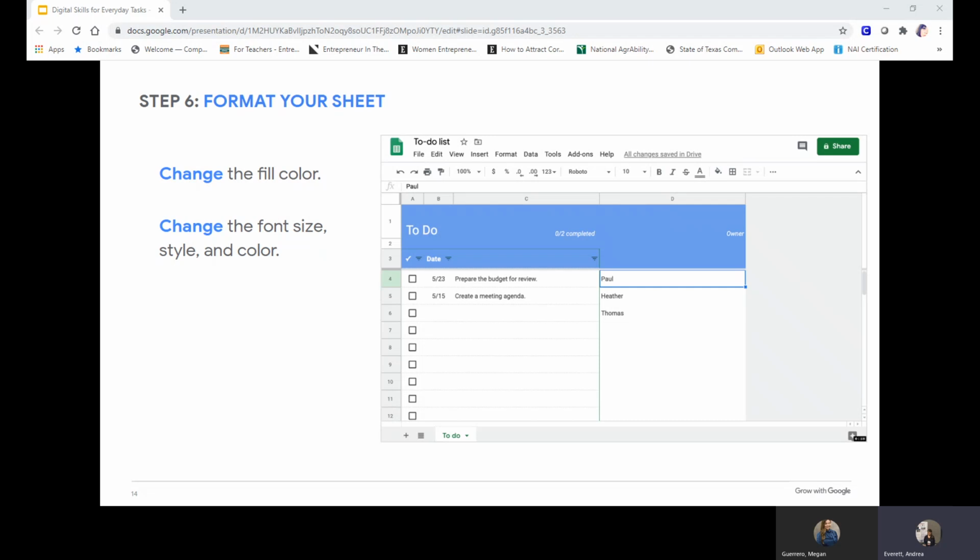To change the colors in a sheet, you want to click on the cell, then click the fill color icon. Now choose a color from the drop-down list. You can also select multiple columns or rows by holding down Control, clicking multiple cells, columns, or rows, then selecting a new fill color for everything at once. Additionally, you can adjust the font size, style, or color by selecting a cell or group of cells, then selecting new font settings.